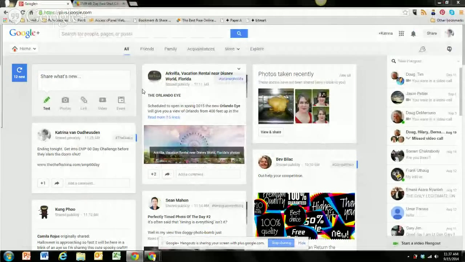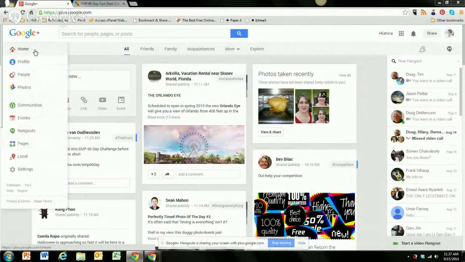Are circles the same as a community? And the answer is no. The circles are like you building friendships or accepting people as friends. So with the circles, it's kind of like an address book is what I call it. You know how address books, and not everyone has address books anymore, but your contacts go through like A through Z. Well, now you're assigning your contacts to a specific group.